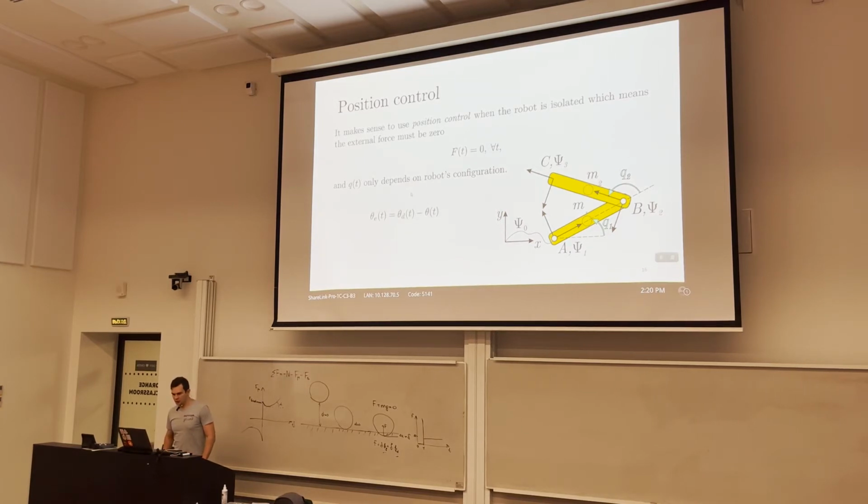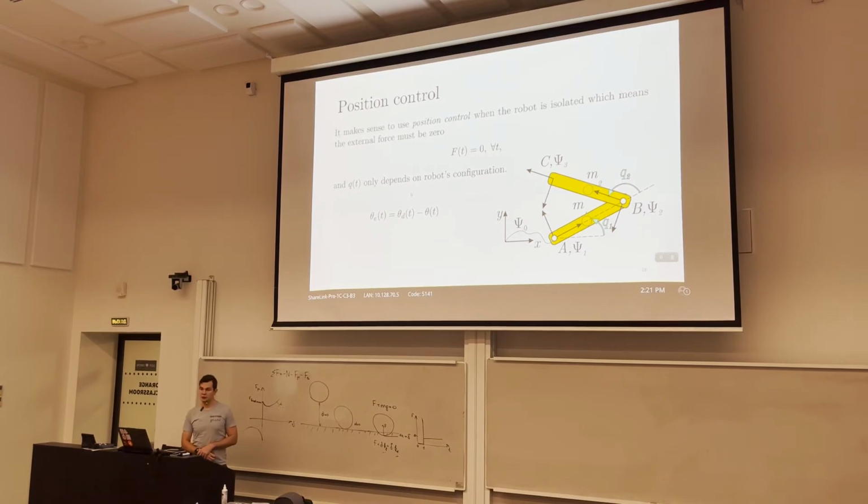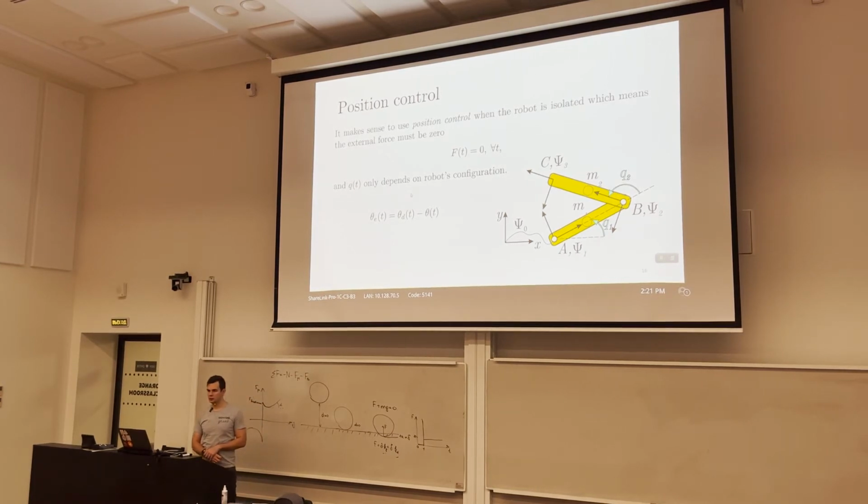And if we just follow the trajectory, we need to apply torques such that it follows the trajectory, right? It means that we can compute the difference between the desired trajectory and the actual one. And the controller has to make this error as small as possible. If the error is equal to 0, the robot will follow the predefined trajectory,